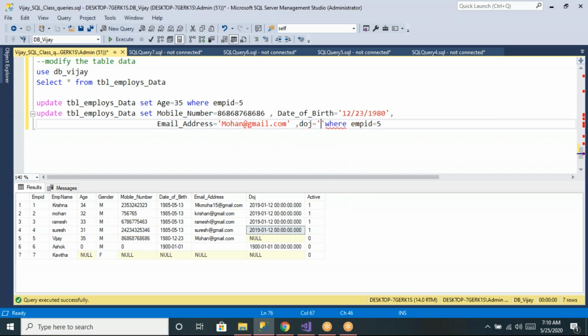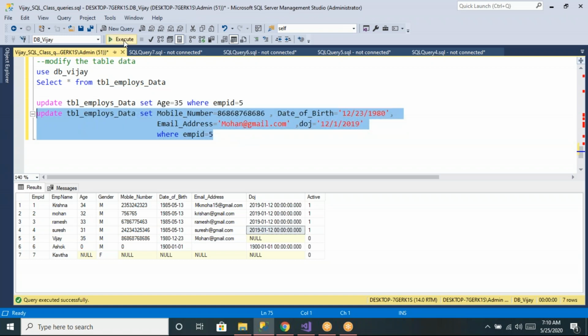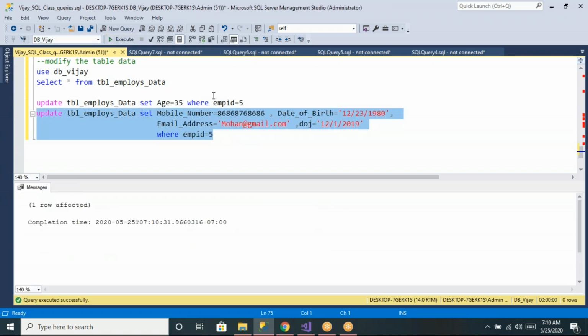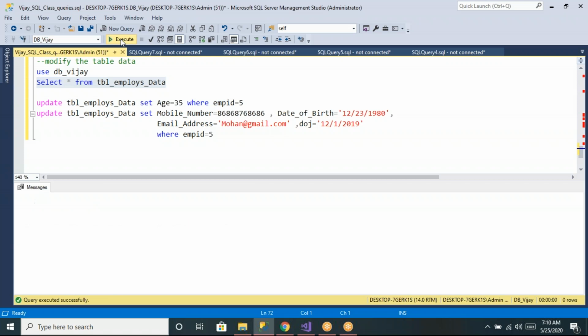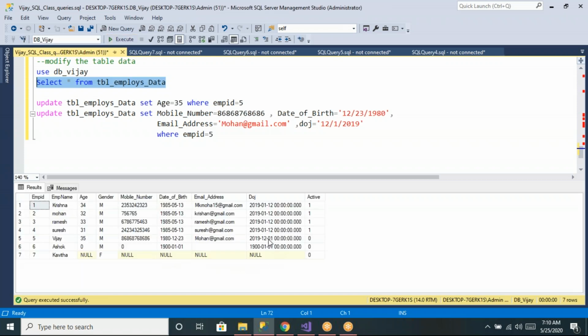Now let us say I'm defining it as 12/1/2019, and I'm not giving any date or time value. That's your question, right? You are right. So now you can go and see whether that is accepted or not. Now you can see that it is accepted. And here you can see it is specified as 12/1/2019, but since you have not specified the time value, it is taking zeros by default.